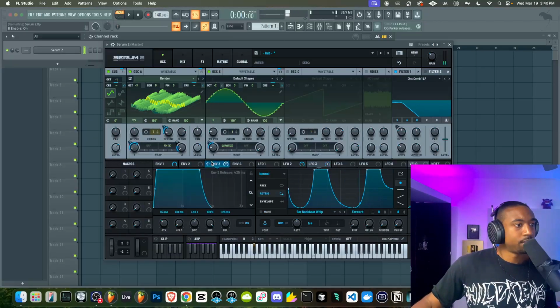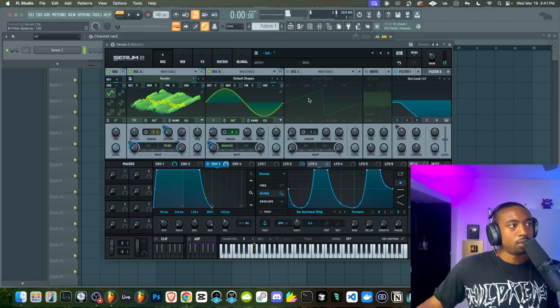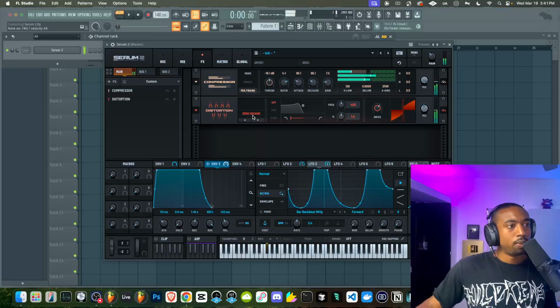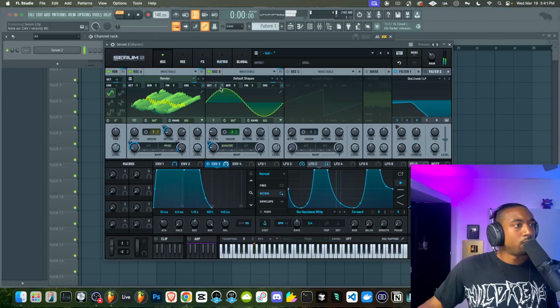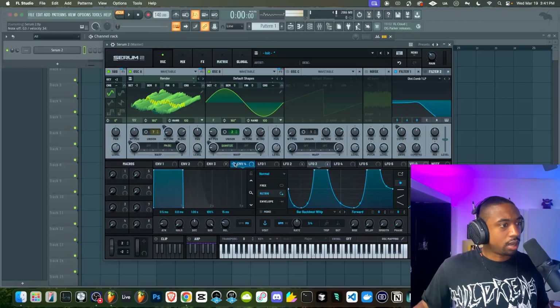So it's the FM. Let's add an envelope to the wavetable just to see.